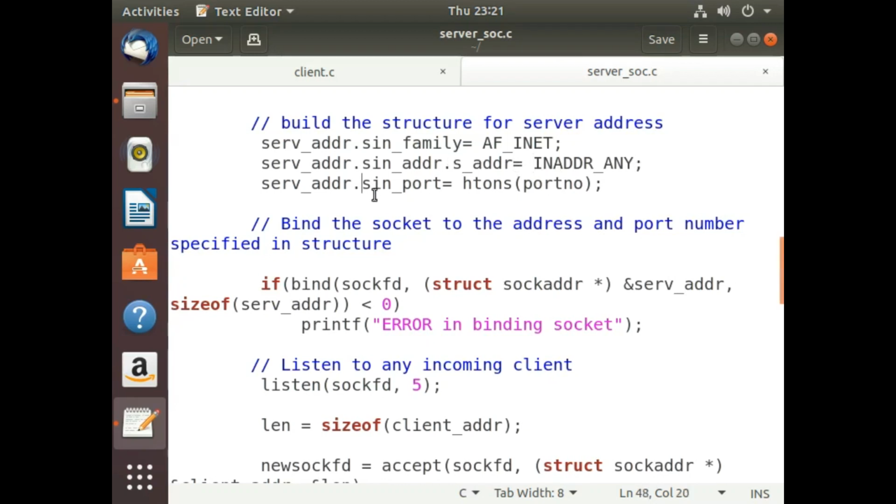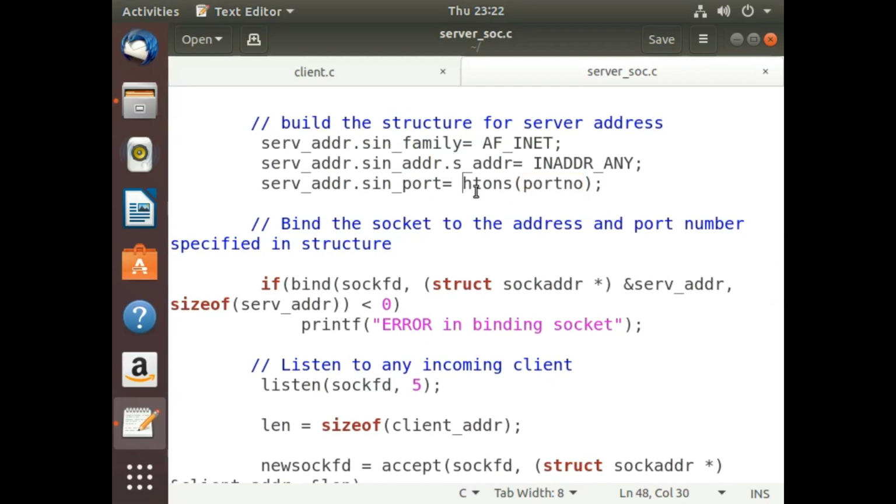The next member of our server address structure variable is sin_port, in which we are going to store the port number. Definitely the port number needs to be stored in a specific format. We have the port number as an integer, but this sin_port member has a specific format, the network format.